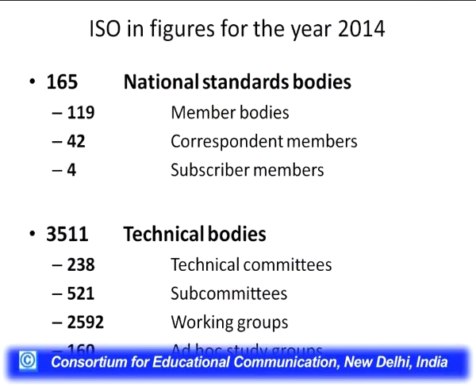Now, I will give you some information about ISO in figures. This data is for the year 2014. In fact, amendments have already been made for 2015, but holistic data up to 2014 is available. As far as the member countries of ISO are concerned, there are 165 national standard bodies. Out of them, 119 are member bodies, 42 are correspondent members, 4 are subscriber members, and there are